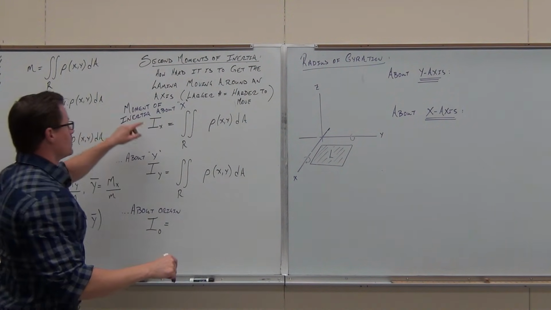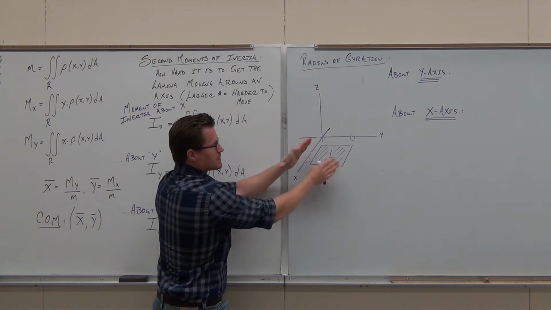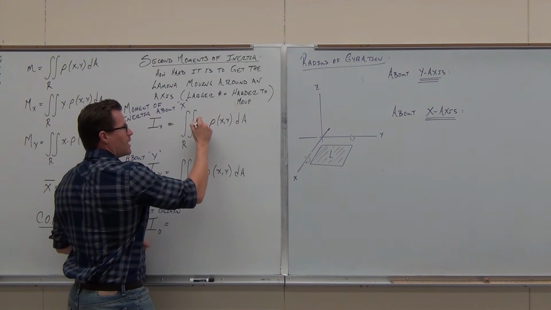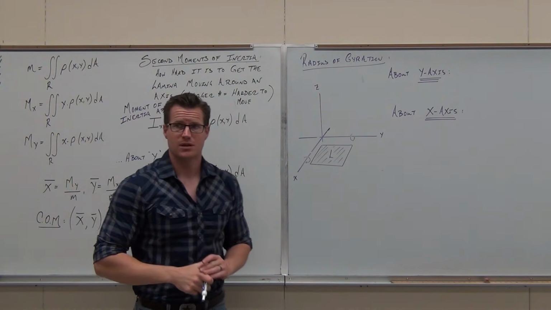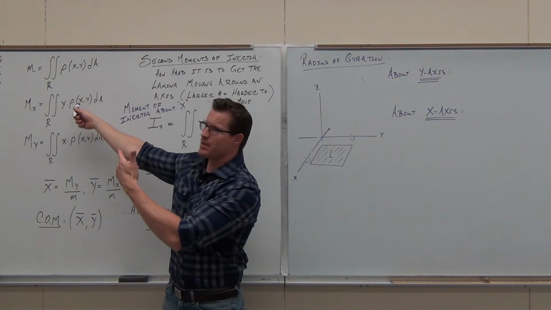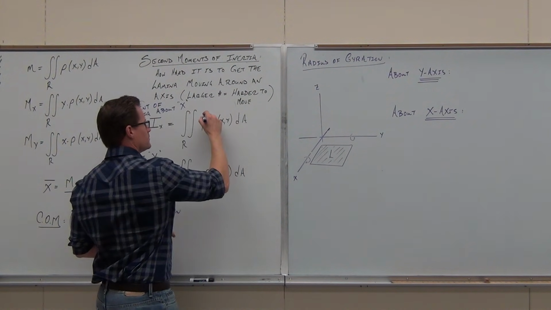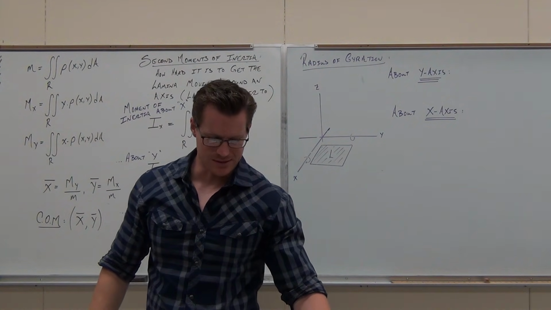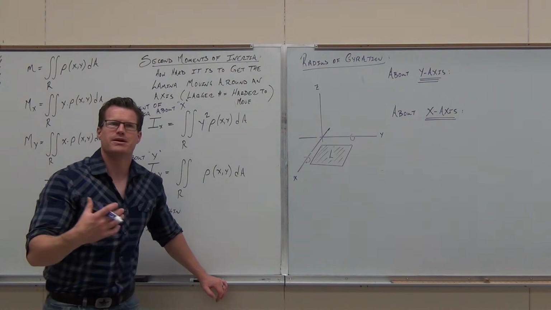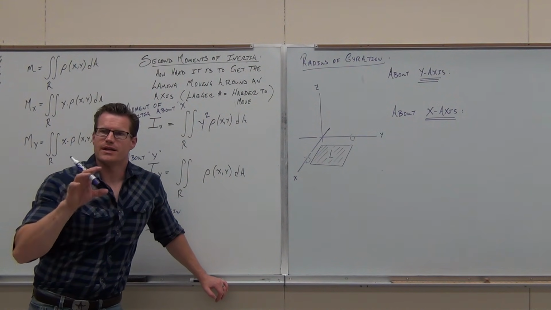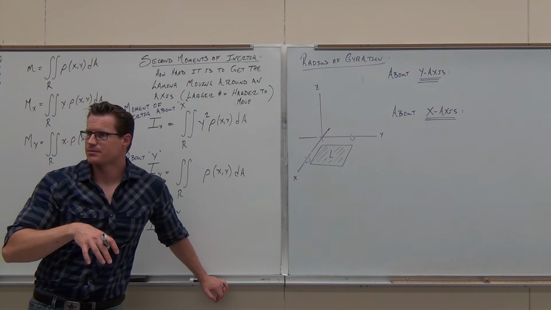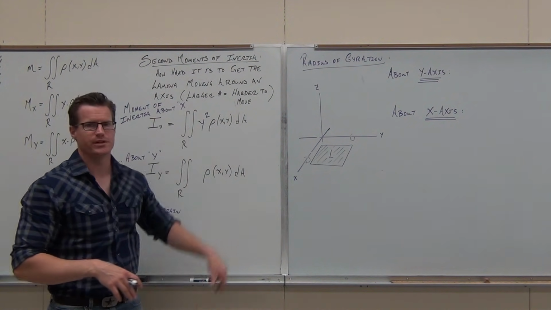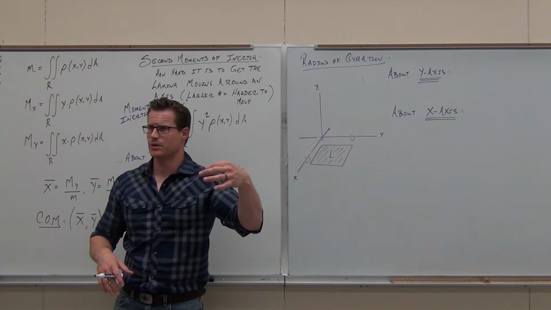So if I'm talking about the moment about the x, it doesn't matter how it's spread out this way, it matters how it's spread out along the perpendicular. However, for moments, that's the same as that, so it can't be exactly the same, but if we square it, that right there, that y squared, and then the mass density function will give you a measurement of how hard it is to get that lamina moving around the x-axis. That's what that's telling you. The larger the number, the harder it is to get that to start moving. Now, if you feel okay with what I said,